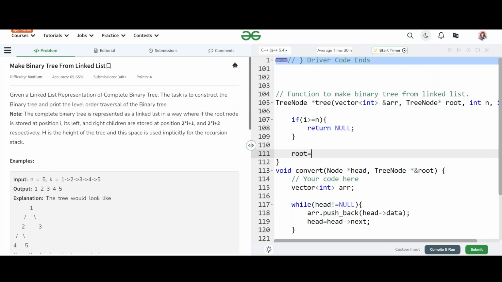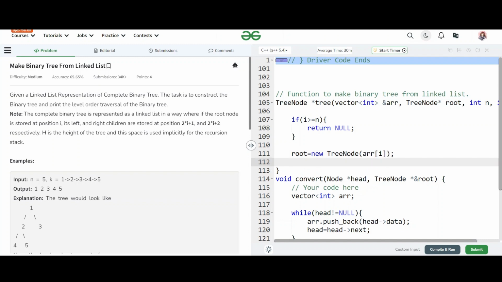Now let's create the root node. After that, we were creating the left child node.